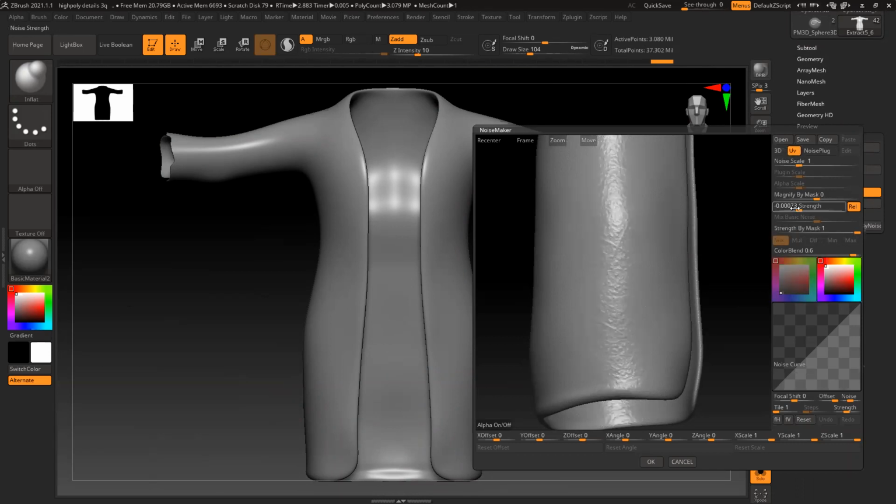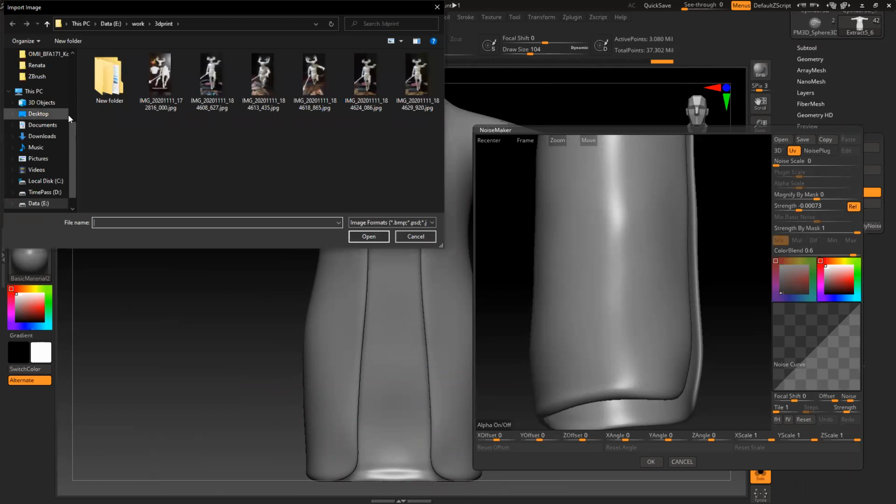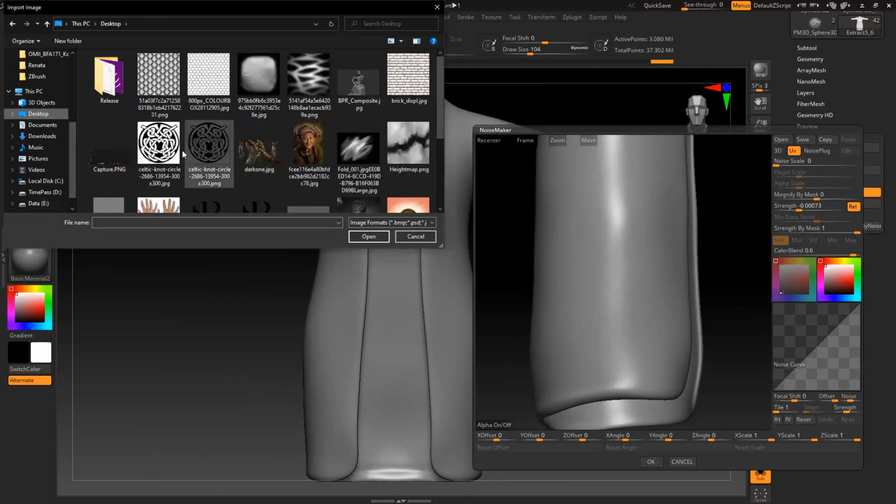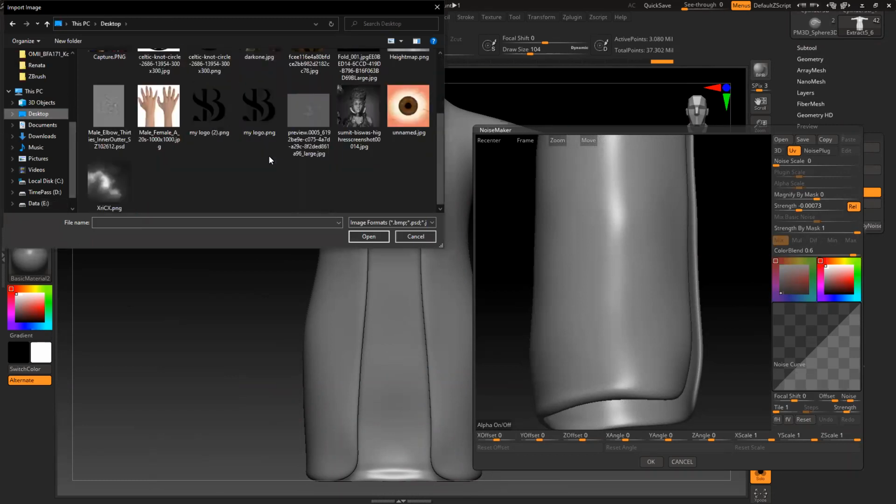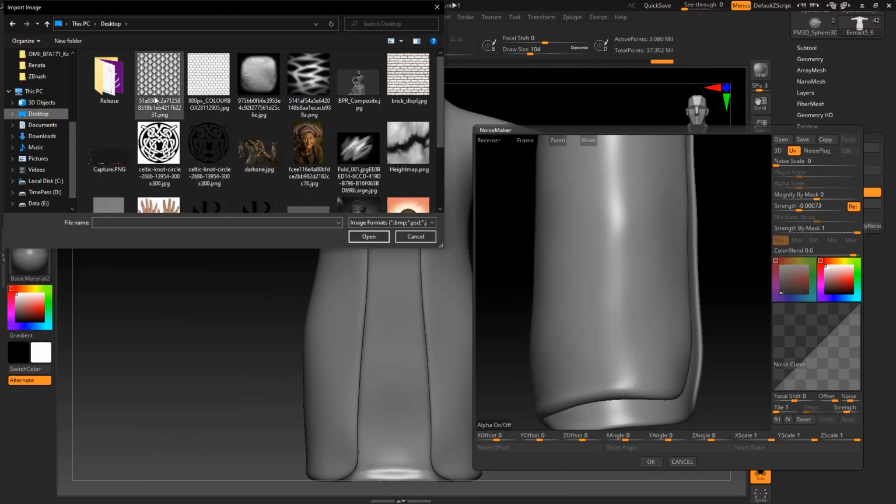Go to UV, noise field, 0, click on alpha, that pattern. Okay, like any other pattern.